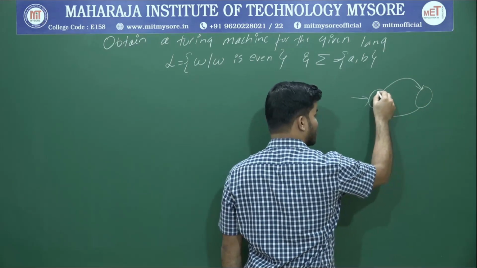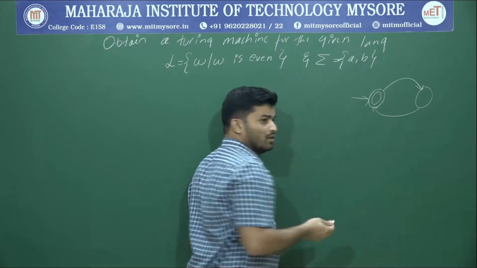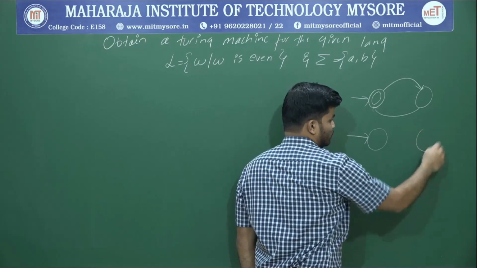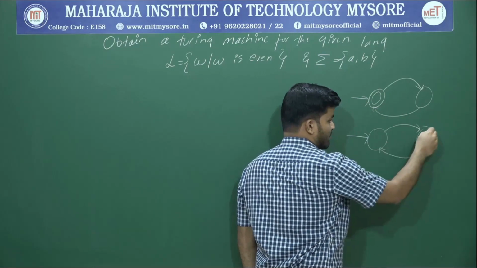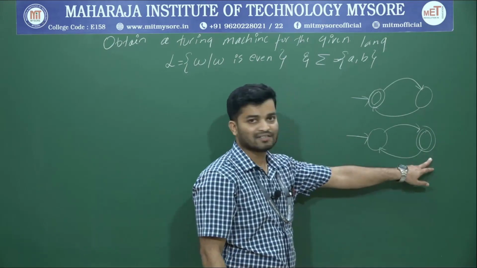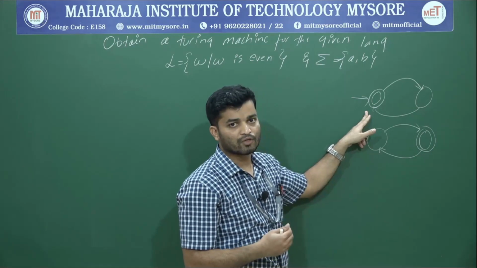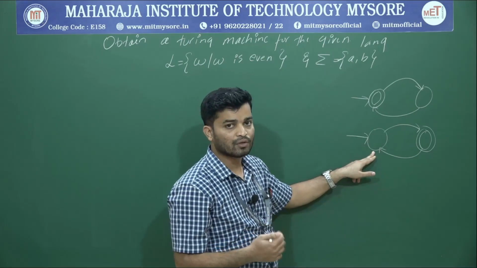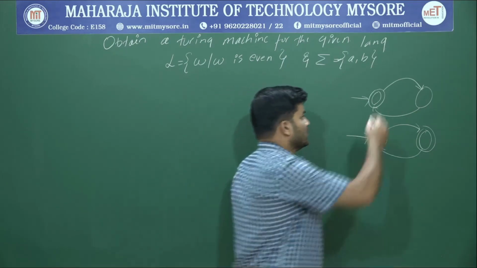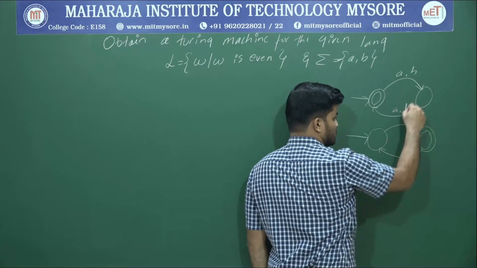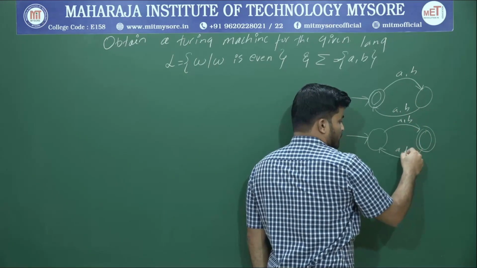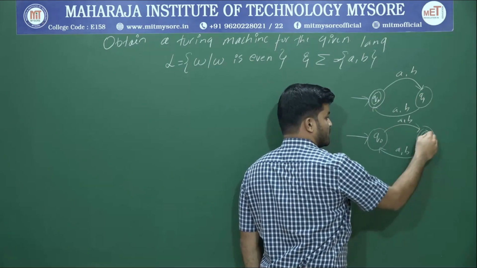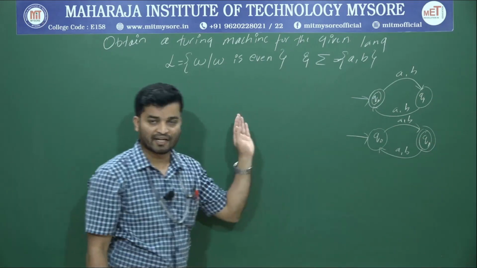If you want even count, make the start state the accepting state. Suppose I want odd count, again I will have two states, but we make the second state the accepting state. For the even count we make the first state the accepting state. For odd count we make the second state the accepting state. Here I have to write a, b on both transitions. So this is the way in which you will design a finite automata or DFA for a regular language.